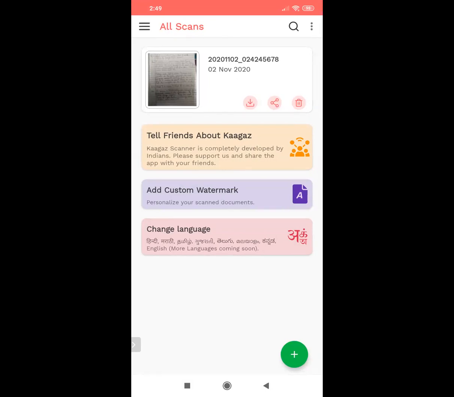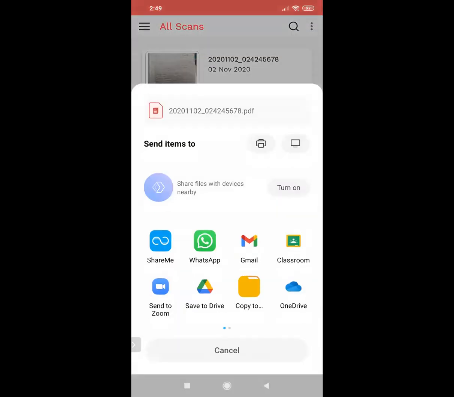And now let's start. So I go to the share button. You can see that slanted triangle thing, the middle button here. So I click on that and it asks whether I want to share it as a JPEG or a PDF file. I want to share it as a PDF file, so I click on the second option, share as PDF file. It gives me all the options I can use, whether it's for mail, for classroom or WhatsApp or going to Drive, OneDrive, all options are shown.